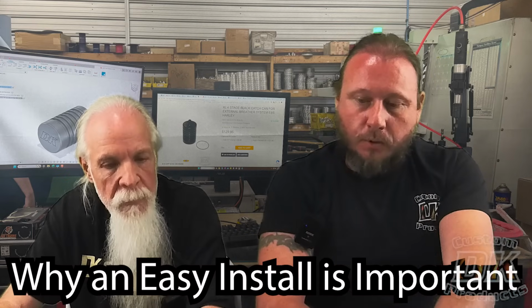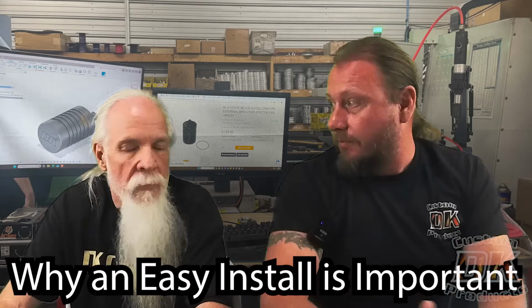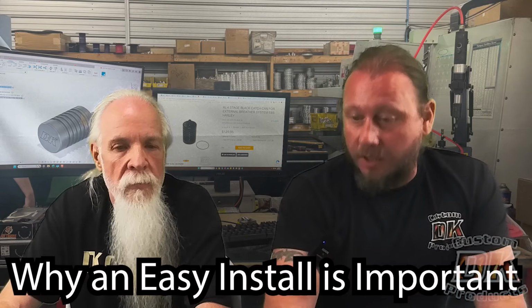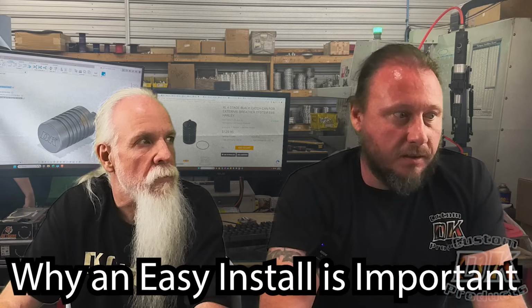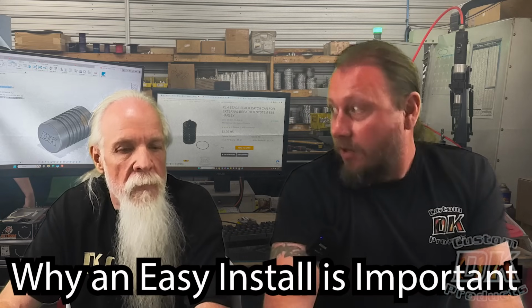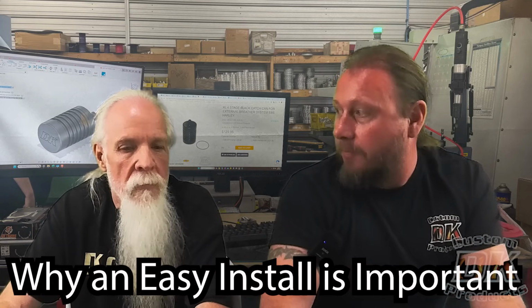So to talk a little bit more about making the parts easier to install, that's a multifaceted thing. There's a multitude of different things. We're trying to design a part that's going to accomplish a goal, but it also has to be easy to install. So in the design phase, we come up with a design that we want to try,